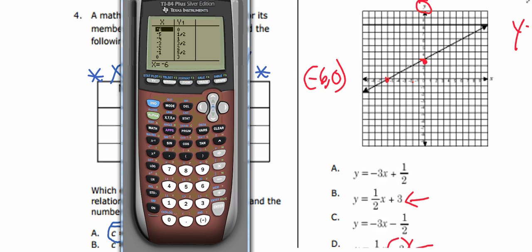And there it is, it's at 0 at negative 6. So we did find the right answer. It's answer choice B. Now, of course, if you're not convinced, you could go ahead and put the other equations in and find those two crossing points. Okay,